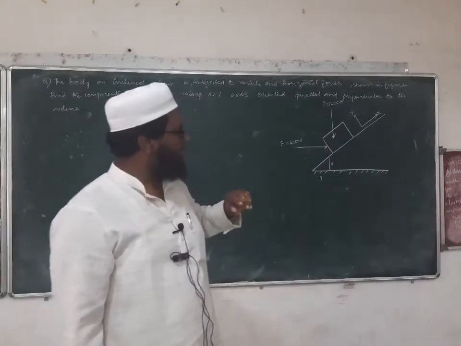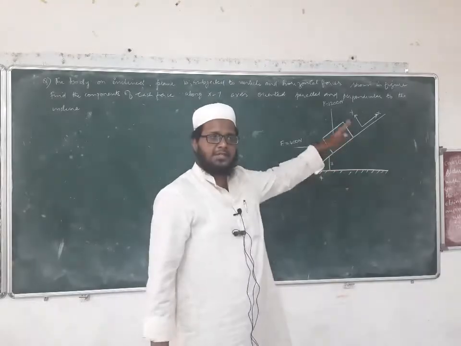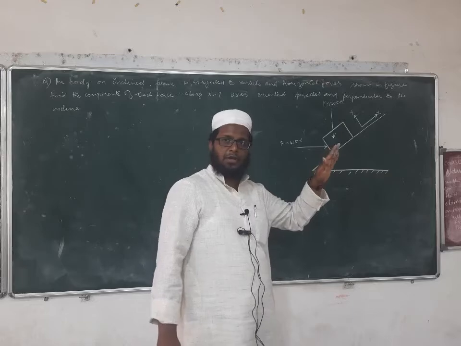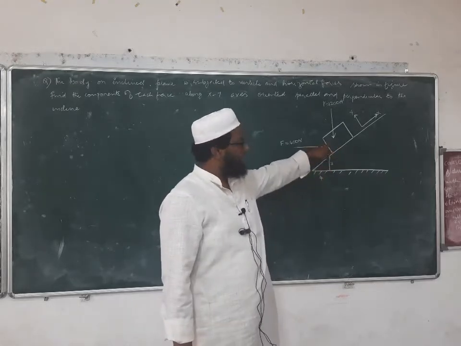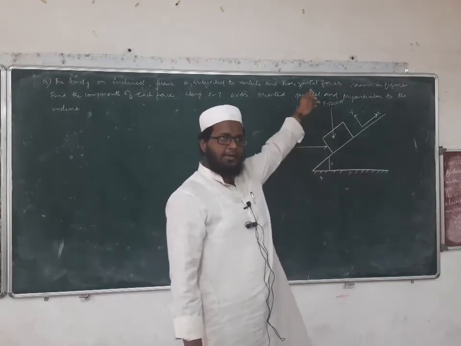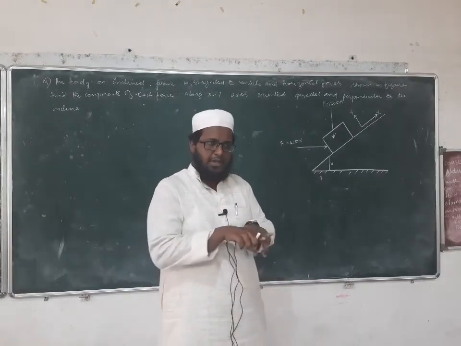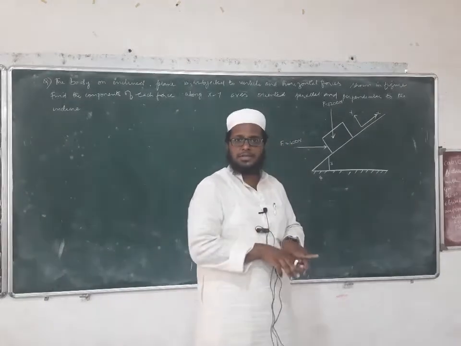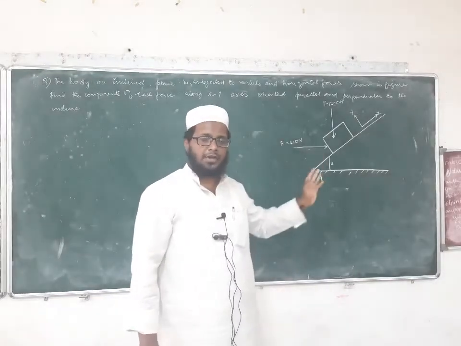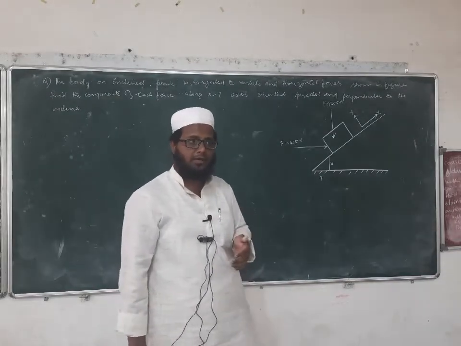And see here we have an inclined plane, and we have an object which is kept on an inclined surface. It is not on a horizontal surface. There are two forces acting here again. One is going in the horizontal direction and another one is going in the vertical, downward direction. But see, these two forces are not concurrent to each other. That is why we cannot apply P square plus Q square plus 2PQ cos theta again. So here we have to deal with some other conditions. What are those conditions and how to solve that one, we'll see now.